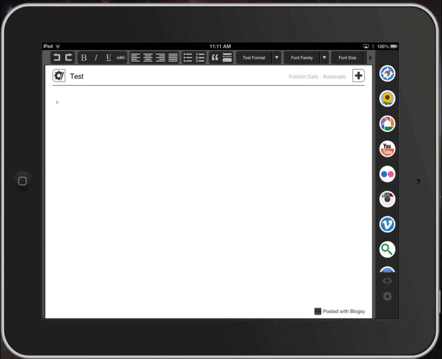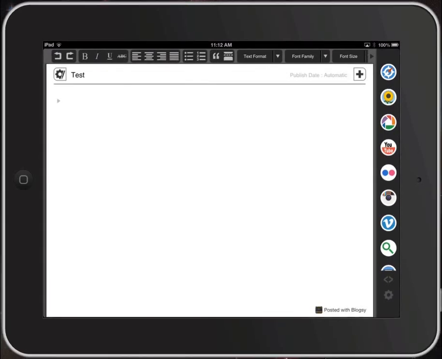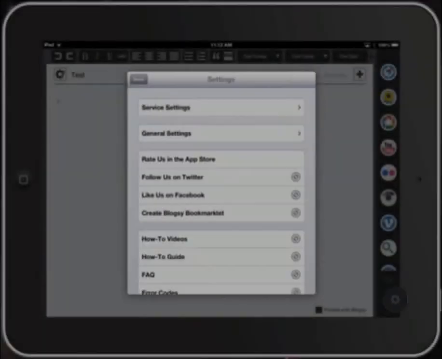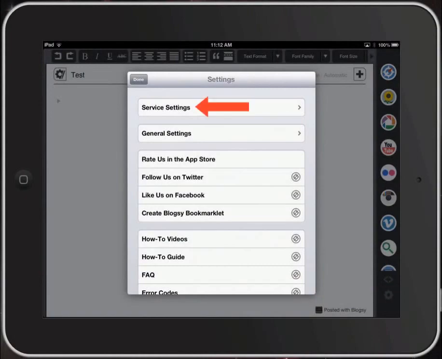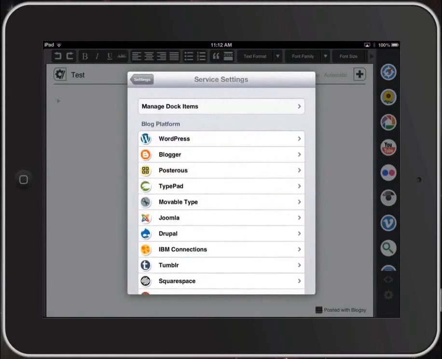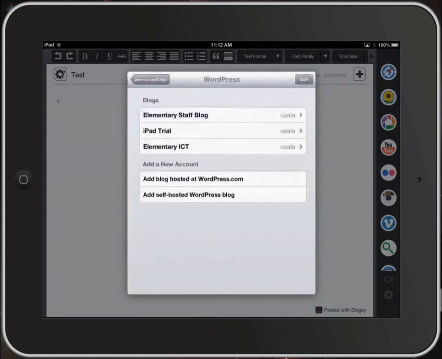Upon arriving in Blogsy the first time, down in the bottom right corner there's a picture of a gear, and this is where you come to do all your initial setup of Blogsy. The service settings is where the first step would be to sign up for the WordPress blog, and it's just a